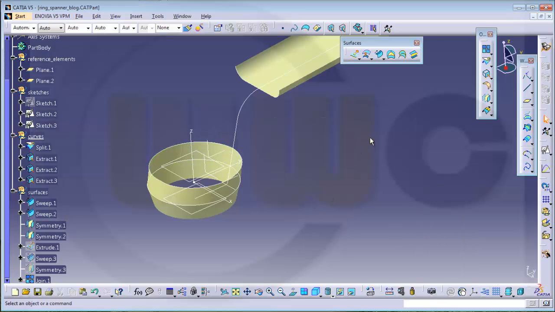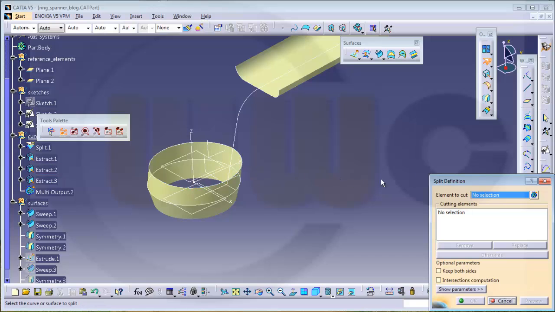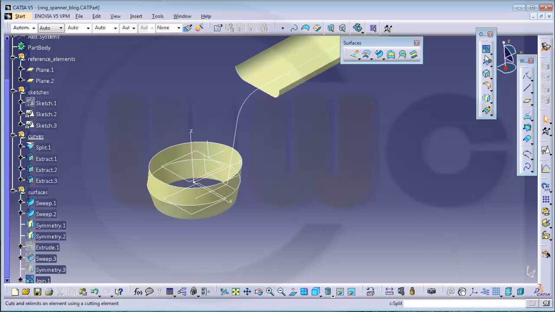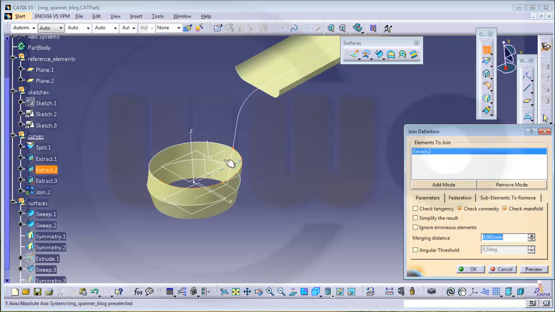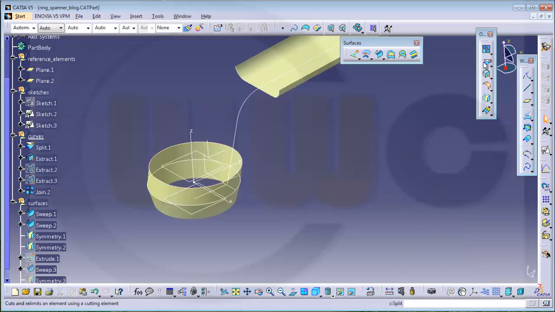Then I want to split it and join it, or join it and split it, whatever you want. First, maybe it's better to join them and then split it like this, and then split it